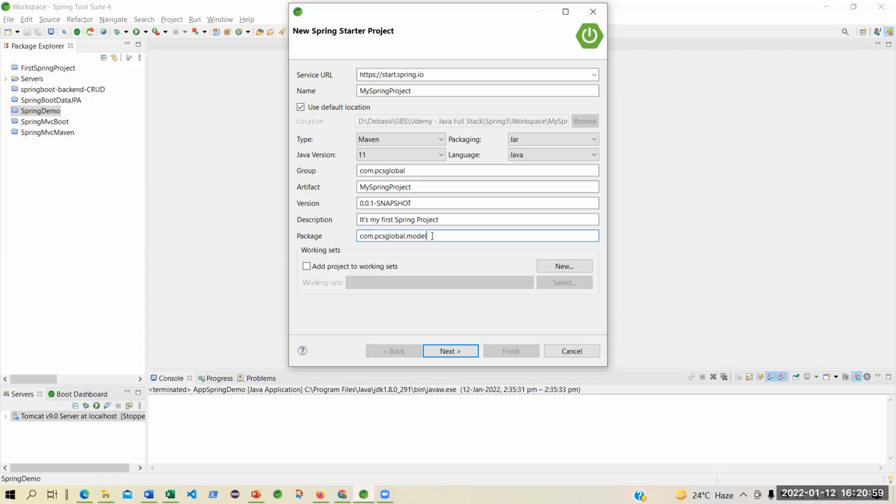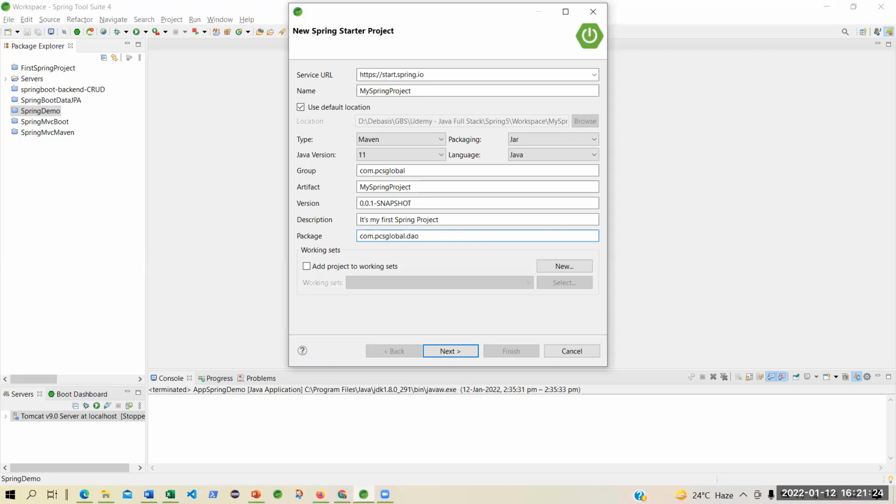So what does that mean? That means I will keep under this particular folder, and this package is sort of a folder, definitely, so that under that folder model, I would like to keep all my entity classes. Fine. I am organizing this. I could have another folder called DAO.